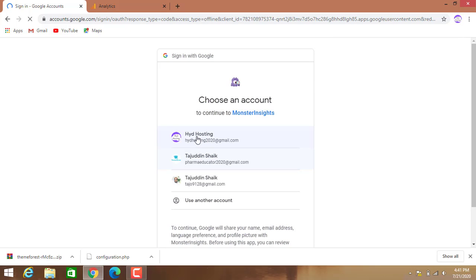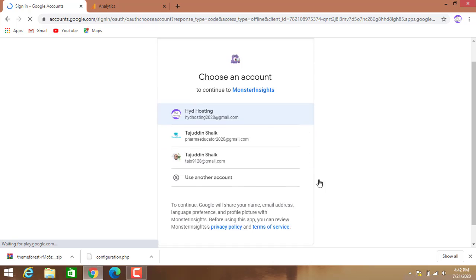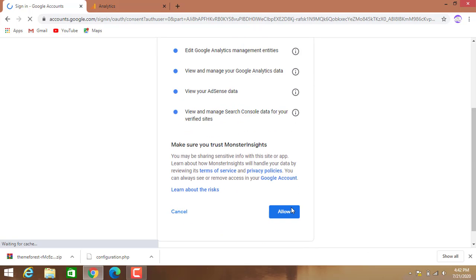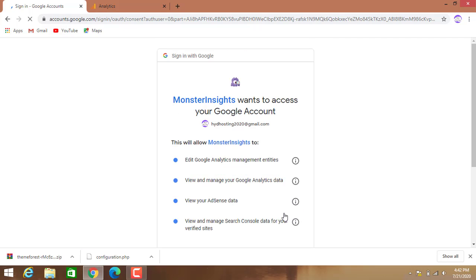Okay, while creating Analytics or Google, setting up these settings or setting up your Google Search Console, you need to make sure that you are logged in here. You allow MonsterInsights.